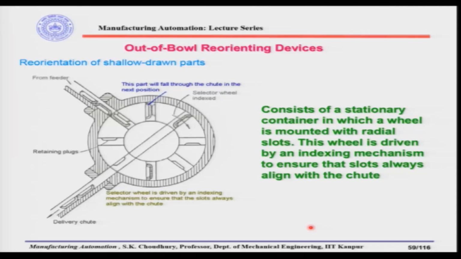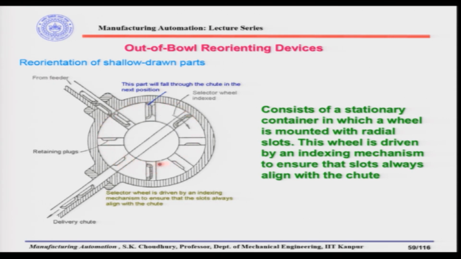Here is an interesting out of bowl reorienting device, and these devices are used for cup shaped parts like this. Here is a kind of a cup shape. So, what we have in the reorienting device is the selector wheel system, and here we have a stationary outer casing, and inside that there is a selector wheel,